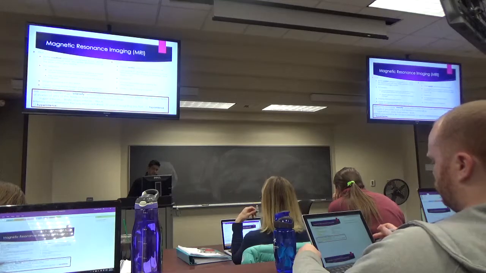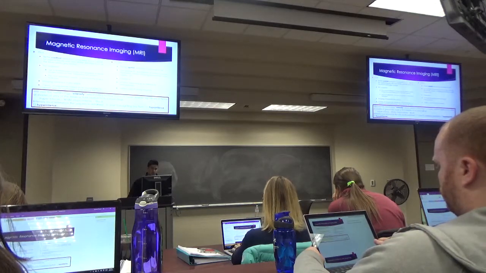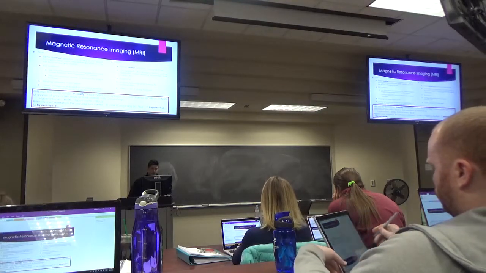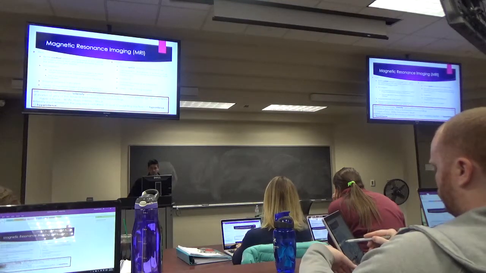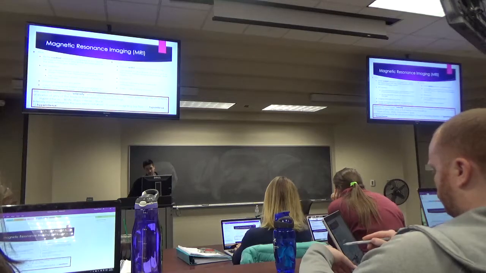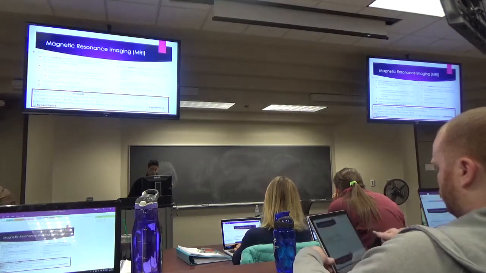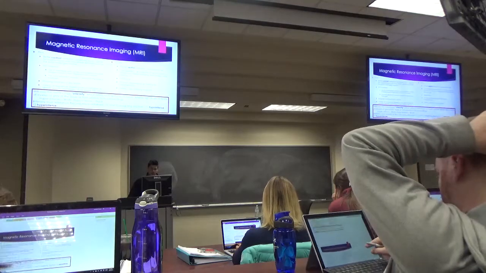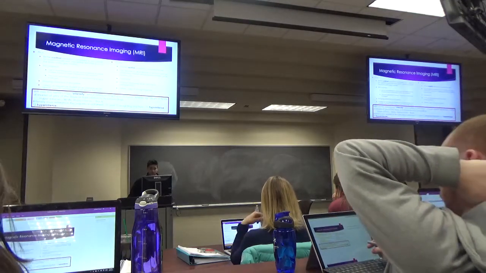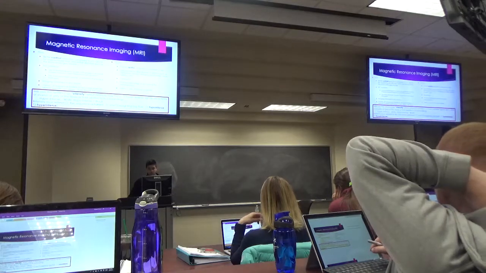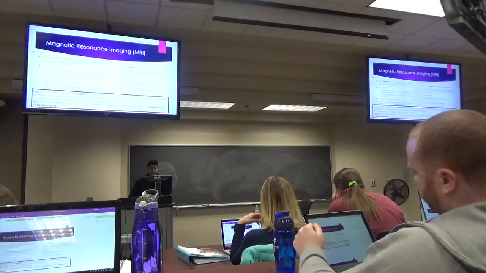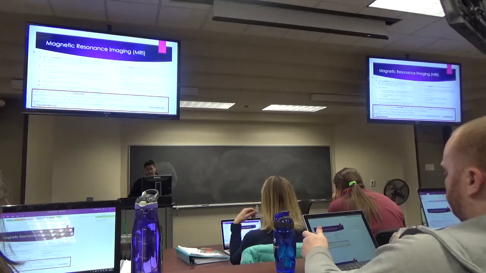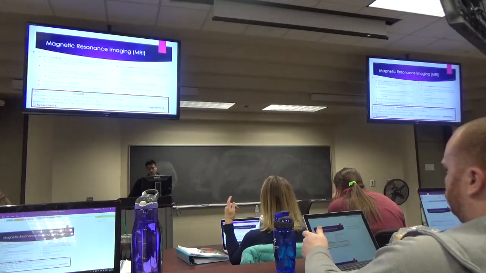So again, contrast, it can really distinguish very, very small pixel size. MRI does not do that as well. So as we zoom in or we try to observe very small pathology or lesions, MRI cannot do that very, very well at all. It's also susceptible to an abundance of artifacts such as hardware, motion, imaging parameters, the patient's body habitus. It's very expensive, and at times, this is probably not going to be as much of an issue as we get more terminal radiologists, but a lot of the